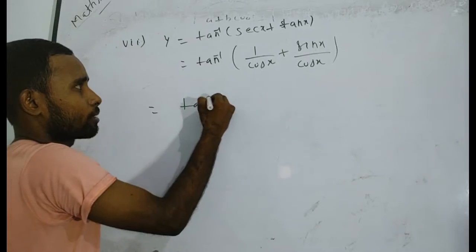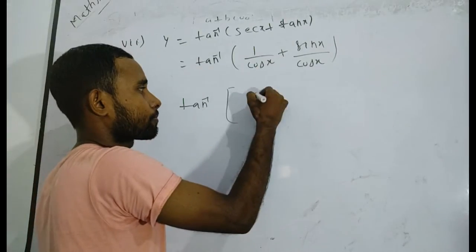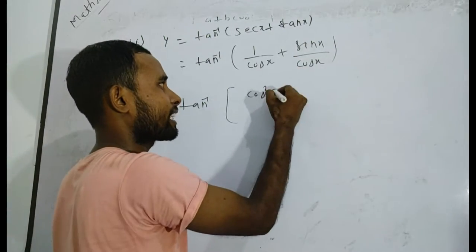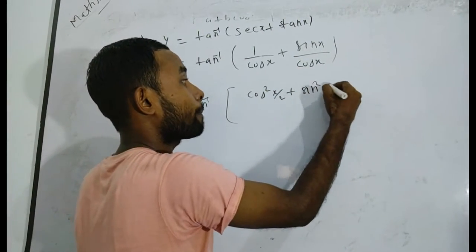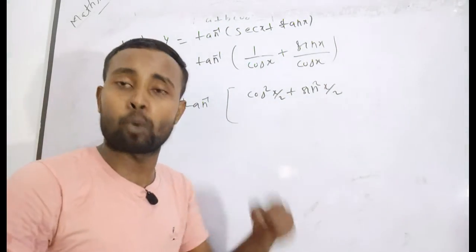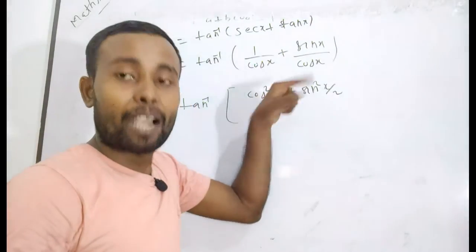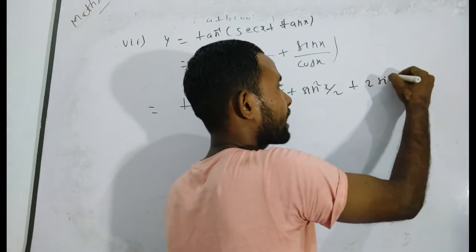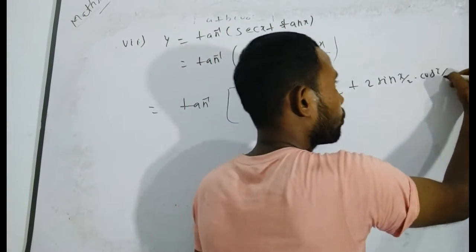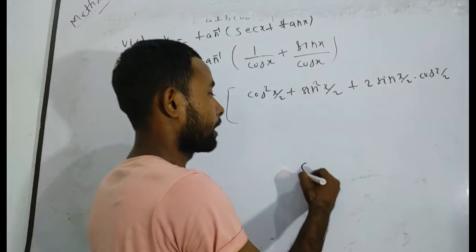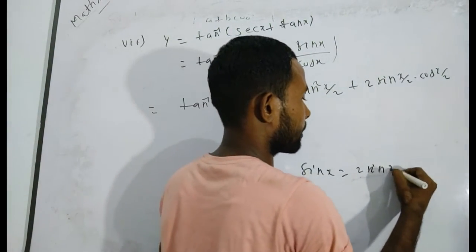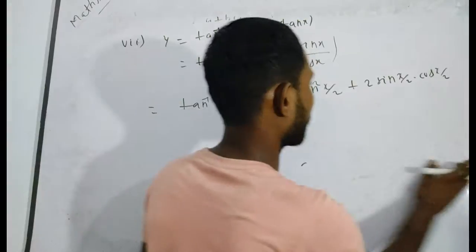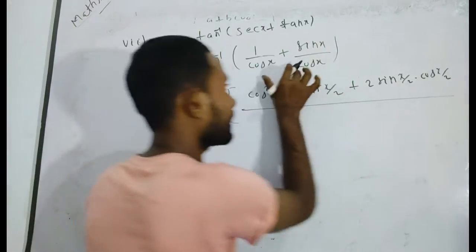Now I want to tell you about tan inverse of (1 plus sin x) upon cos x. After taking the LCM in the numerator, you will get 1 plus sin x. In place of 1, I want to write cos square x by 2 plus sin square x by 2. And in place of sin x, I write 2 sin x by 2 into cos x by 2, using the multiple angle formula, which I have already discussed in class 11th: sin x equals 2 sin x by 2 into cos x by 2. Very important formula. Divided by cos x in the denominator.